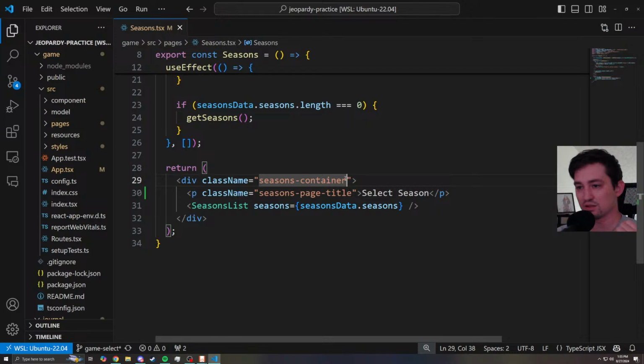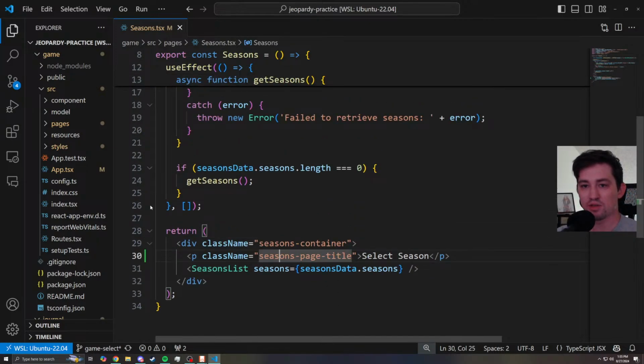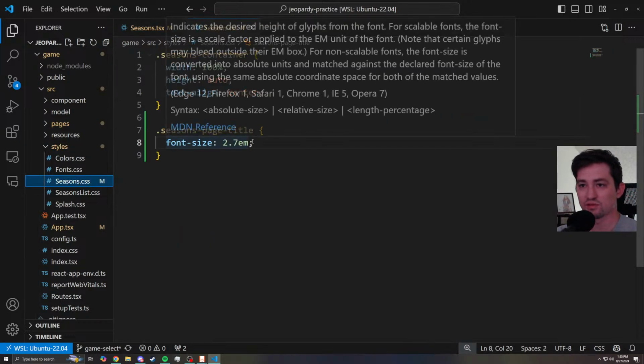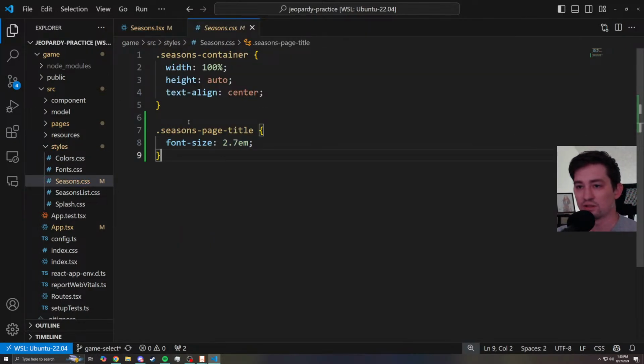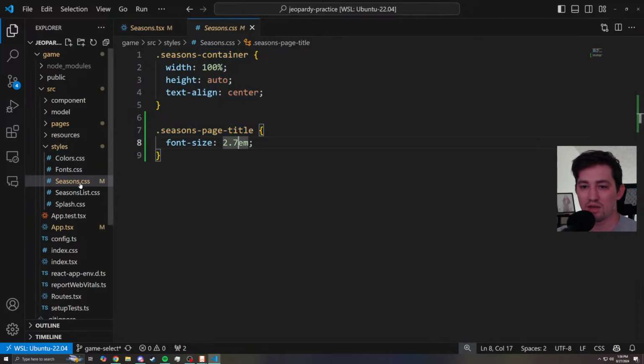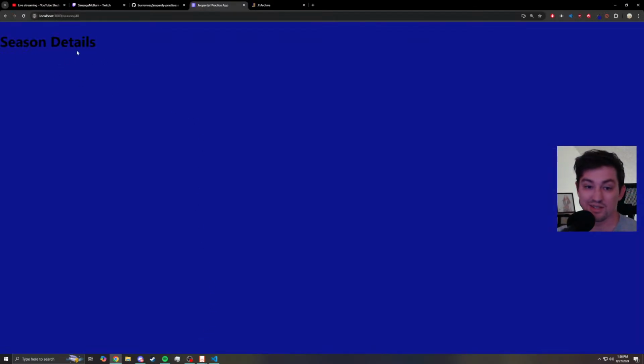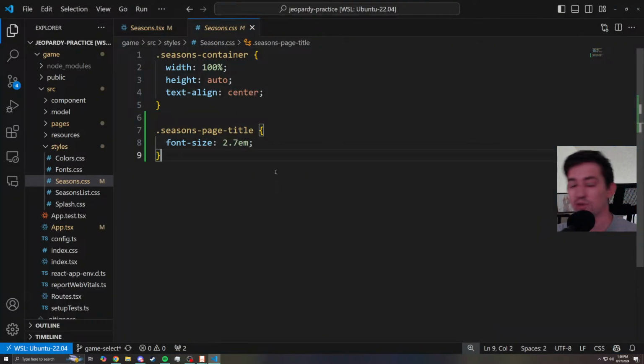Okay, so we have the seasons list container here, which is great. And I think we're just going to maybe use the same styles that we have here, seasons kind of thing. And there's no sense in pulling this. We already have named it like seasons page title, seasons container. We could maybe rename the file to be a little more generic and use it in our other page, right? This other page that I was just describing that's going to have the details for the season, right? But